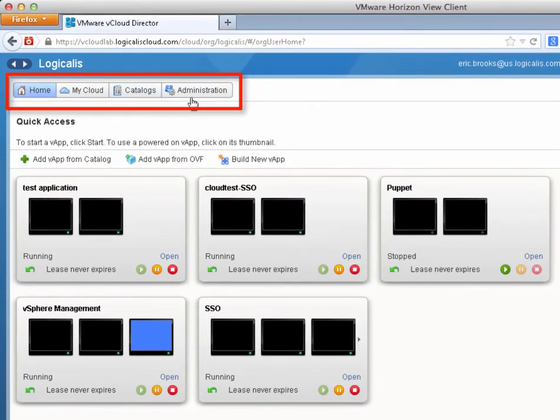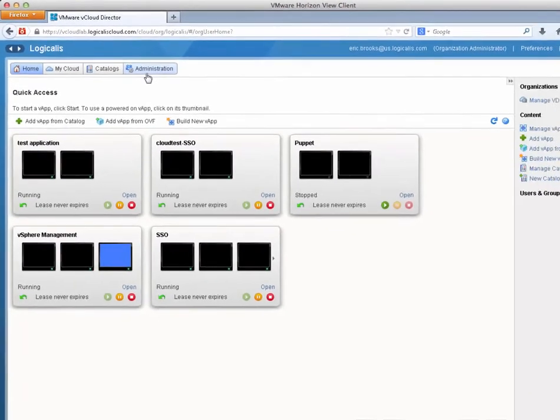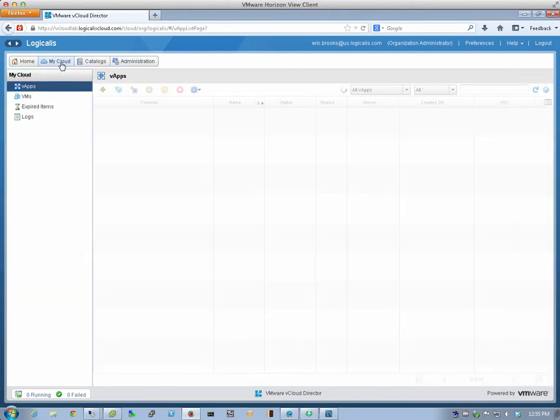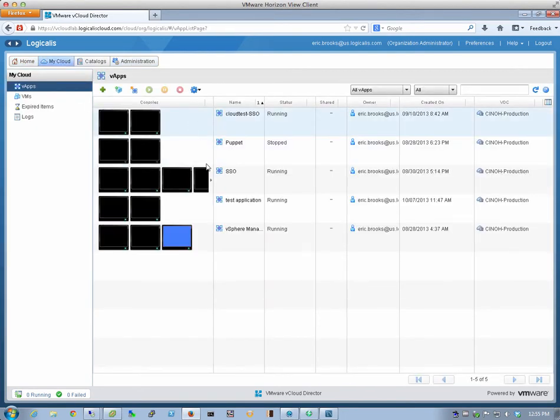Now let's take a look at the navigation menu at the top. It provides links to the various sections of the on-demand cloud web interface. Let's go ahead and explore the My Cloud page. It provides a number of general administration functions, as well as access to each of the VApps and virtual machines contained within them. A VApp is a logical construct that contains one or more virtual machines. They are often used to contain full applications rather than just a single machine, as many applications are comprised of